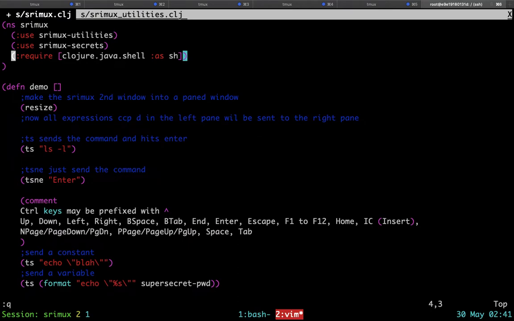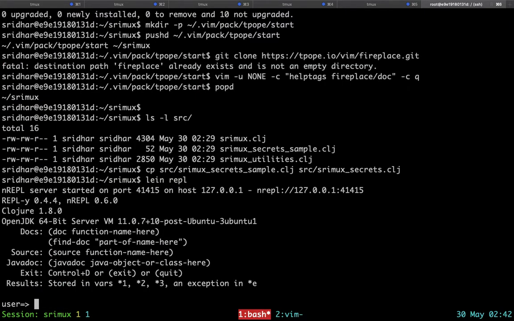Let's connect by typing :connect. So it's asking for the port or URL. You can hit Control A 1 to switch to window 1 because that's where the port was mentioned. So it's 41415.